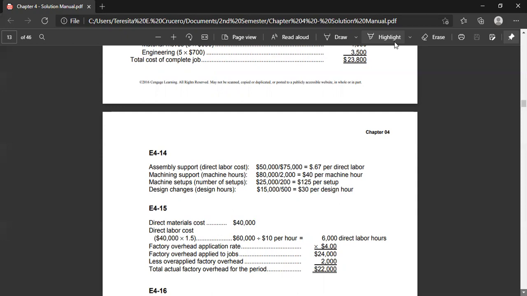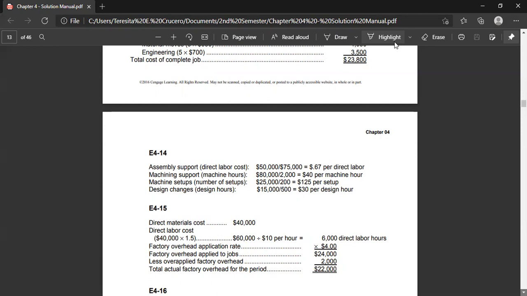So in other words, it's 0.67 per direct labor dollar. We have the number of labor hours, and we are now given your direct labor cost. So per direct labor cost, your assembly support is equal to